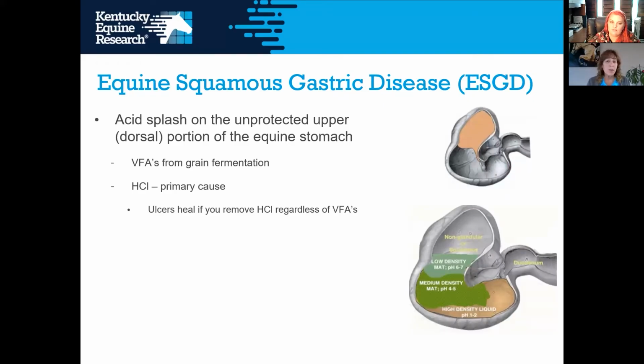There are some microbes in the stomach that ferment some soluble carbs and produce volatile fatty acids, but primarily it's from the hydrochloric acid. And we know that because if you remove the hydrochloric acid that is produced in the lower part of the stomach, then you can cure the gastric ulcers regardless of VFAs. Now, I do want to mention at this point, I'm going to really be concentrating on the equine squamous gastric